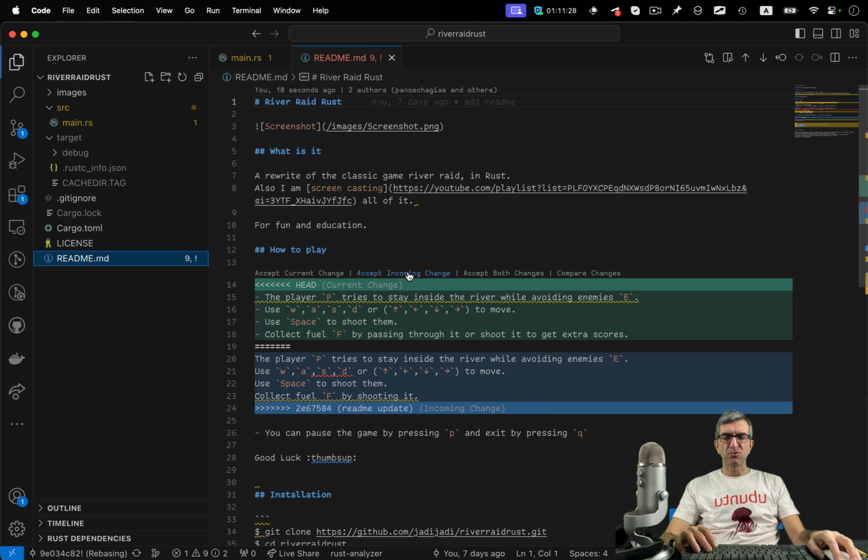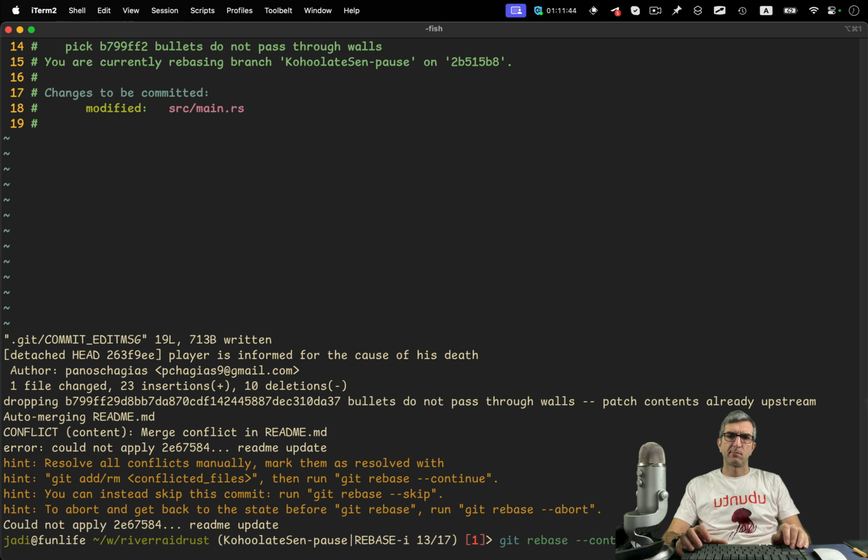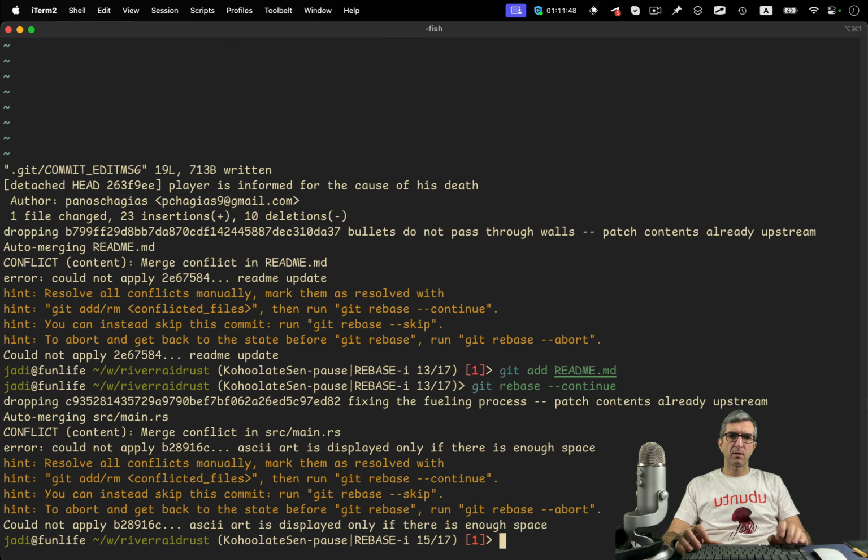Accept incoming changes. If we move to different crates in different files, this will be solved. So please, TT, we are waiting for you. Accept current. Add README. Continue. At least I'm learning this very well.